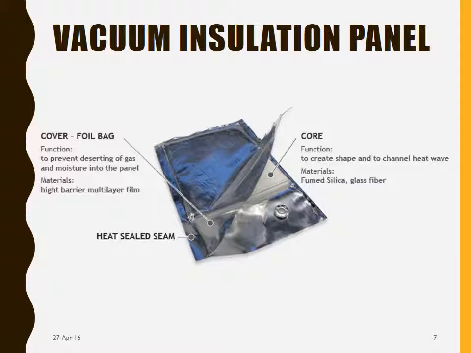As we have seen earlier, the fumed silica is beneficial over the other materials since it has a lower thermal conductivity at higher internal pressure, which prolongs the service life of the VIP. Now for the function of the envelope, the pressure inside the VIP should not increase above 100 millibar within 30 to 50 years, since the thermal conductivity of the core material increases rapidly at higher pressures as we have seen earlier. So the water vapor transmission and the air transmission through the envelope should be kept minimum to avoid this.